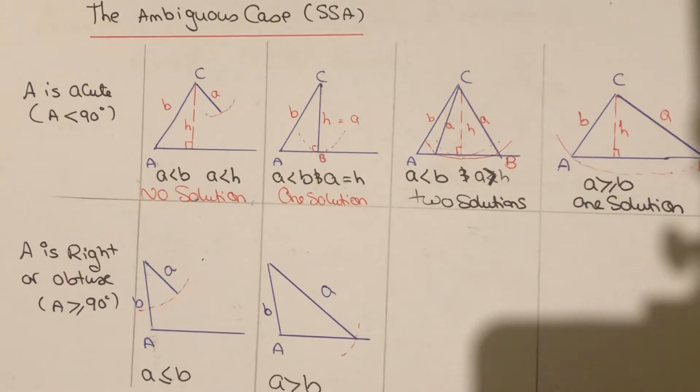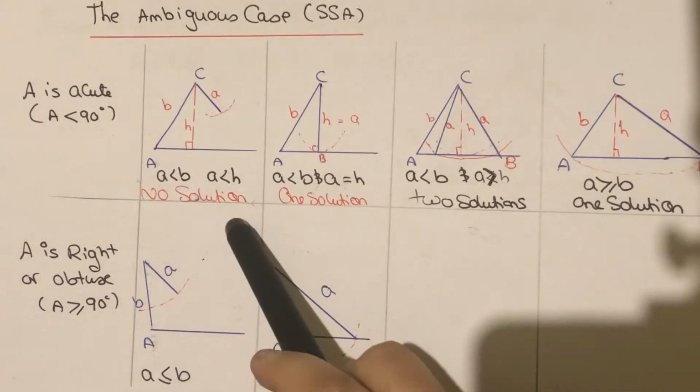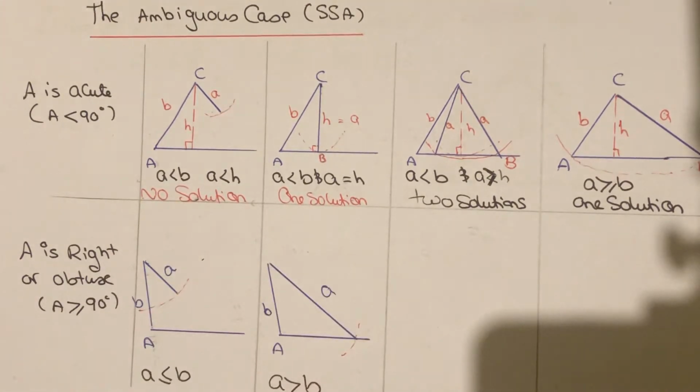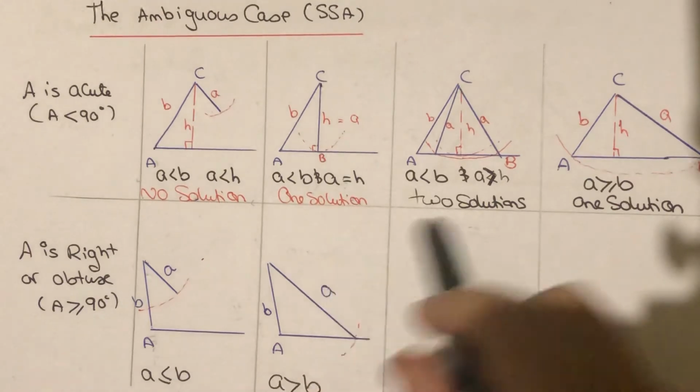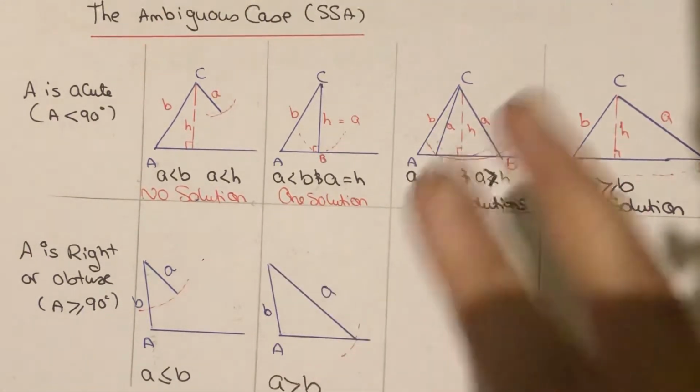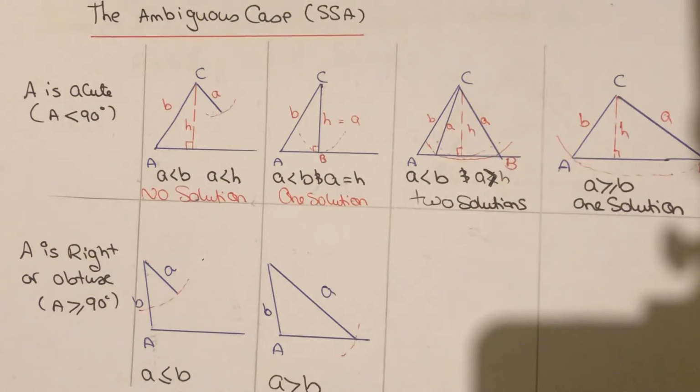They will give me some information about the angles or the sides, as I told you, and will ask me. You will have to think first: is this possible? Are these measurements possible to form a triangle or not? Because some cases will have no solution. It's impossible to have such a triangle with these measurements that the question gave me.